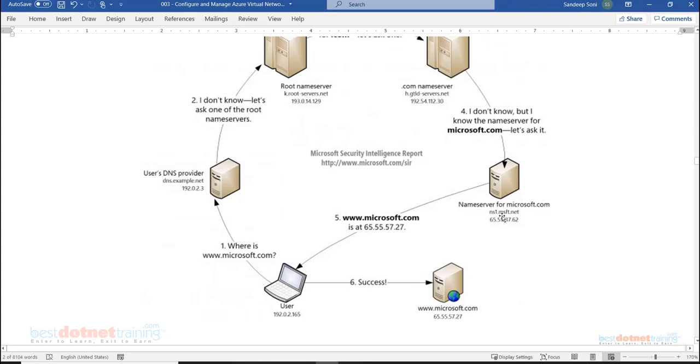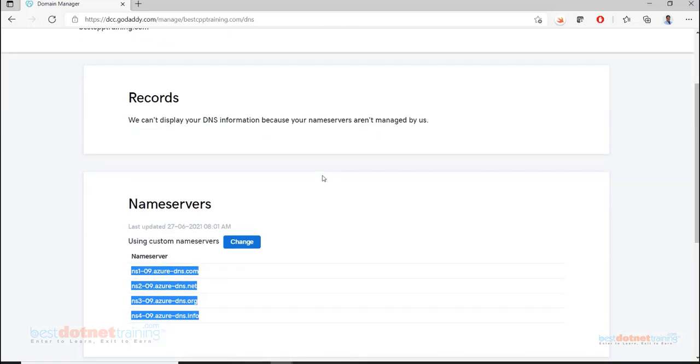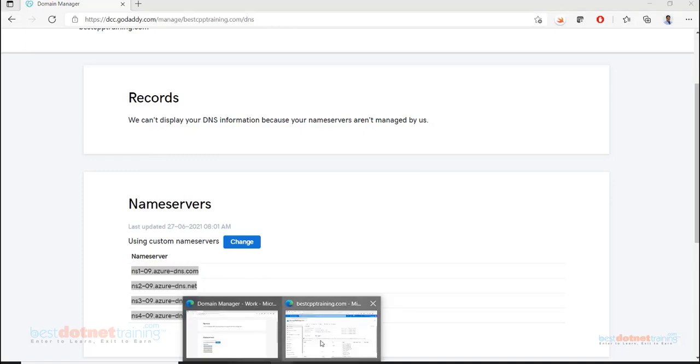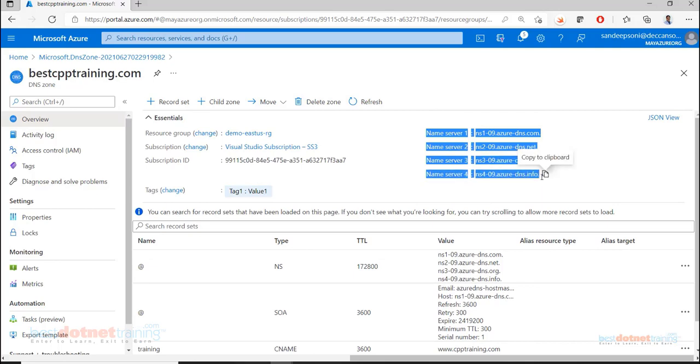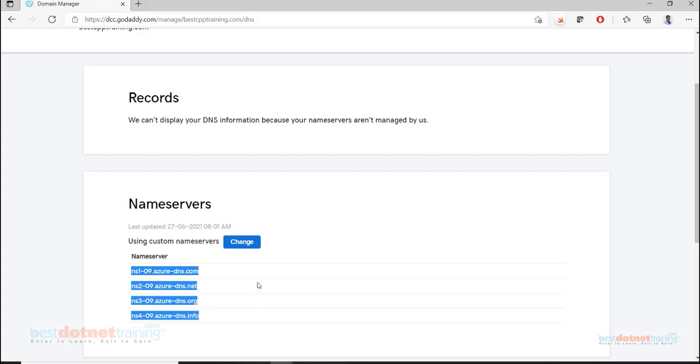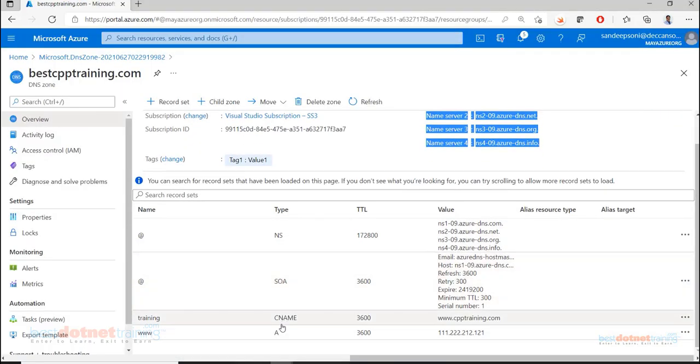By default, the domain name registrar is going to provide you a name server and a control panel where the record sets can be created, like GoDaddy did. But instead of every time coming here and trying to manage, we can go to the portal. In the portal, create a DNS zone, and for that DNS zone, we are going to get some name server names. We should copy these names and replace the default names in GoDaddy or any other registrar. And then all the records should eventually get created here.